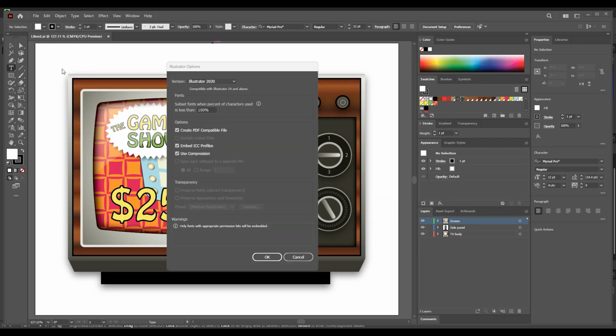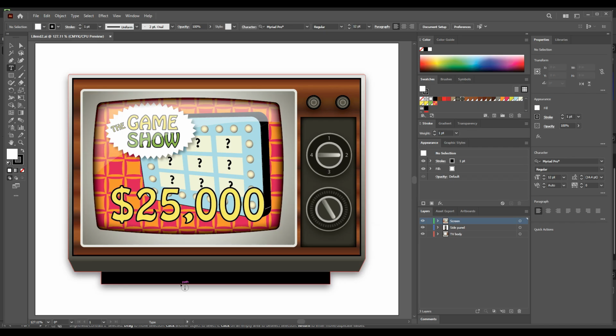So for example, when saving this file, I would use the Save As command in order to do that. Doing that will carry me to this dialog box. And here I can see the option, Create PDF Compatible File. Make sure to keep that option on, and then from there click OK. And now I will be able to open up this file in other programs like Affinity Studio.